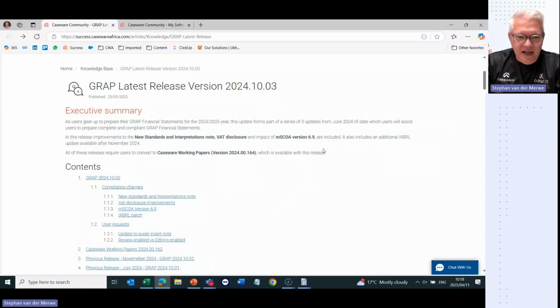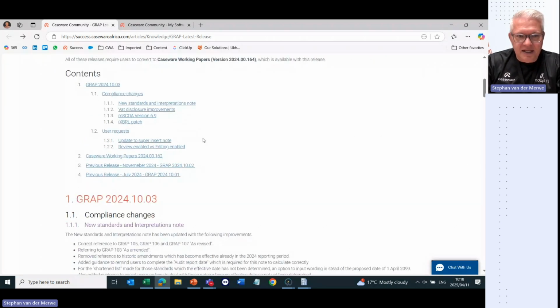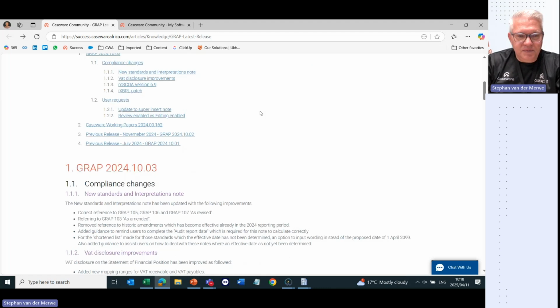Okay, so I think now you have got the email. You were directed to the Caseware Success community. You see what is in this release, and you also understand that you need to download this release and install it on your workstation, and now we're ready to go. From what is in this release, as Michael indicated, from a high level,